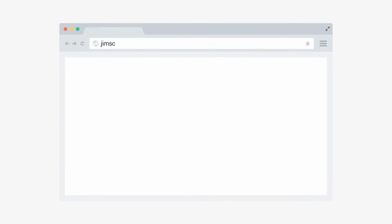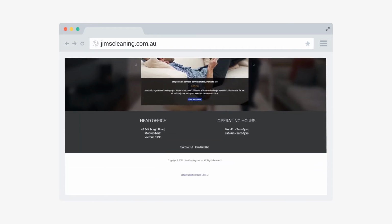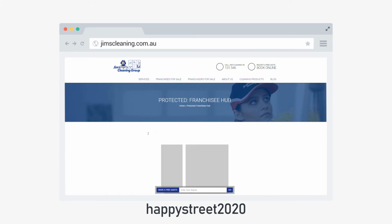So to access the hub, all you need to do is go to jimscleaning.com.au, and if you scroll down to the bottom, you'll see the franchisee hub. Now, obviously you'll need a password. The password does change every year. For 2020, the password is Happy Street 2020, but ongoing, whenever there is an update, we'll be letting all